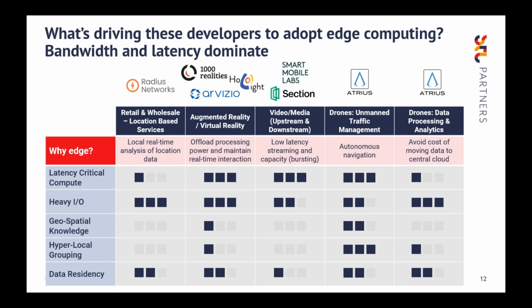And in some cases, enterprises want to keep their data local within a certain jurisdiction and not host it in the cloud. But in other cases, it's at an even more local level, where in certain industries, particularly manufacturing, they want to keep their data very close to their site. Usually it's on site, and they don't want any of their operational data and processes leaving the site. So the main thing here is that it's not necessarily just about latency, and each use case and each application developer sees a different reason why they're adopting edge.